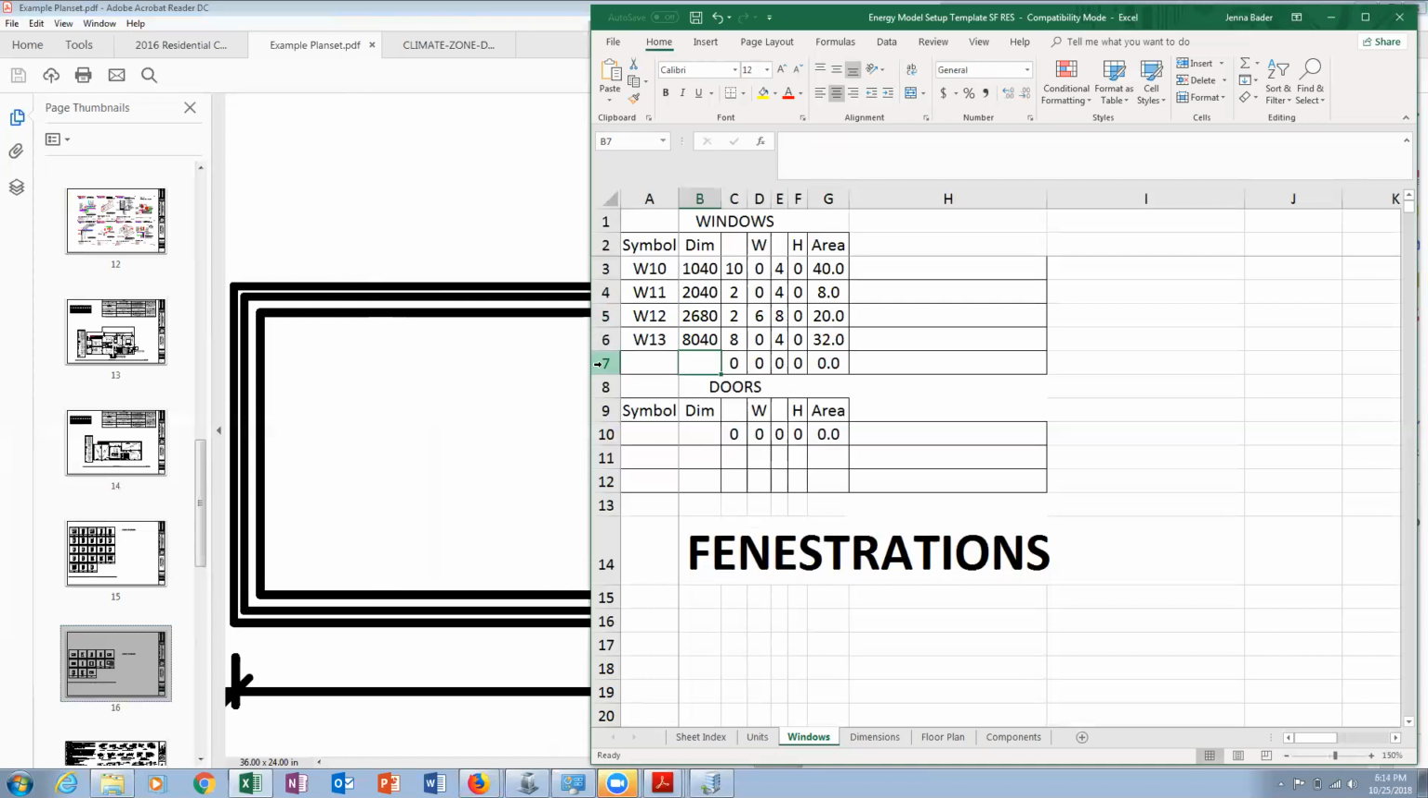I think this is a project where they use a different symbol for every single unique window, but there are windows that are identical in size. So we're going to give those our own symbols. We're not going to double up on symbols in the spreadsheet just to make the model simpler. But yeah, I have 2040 for 11 and 8040 for 13. Okay, so